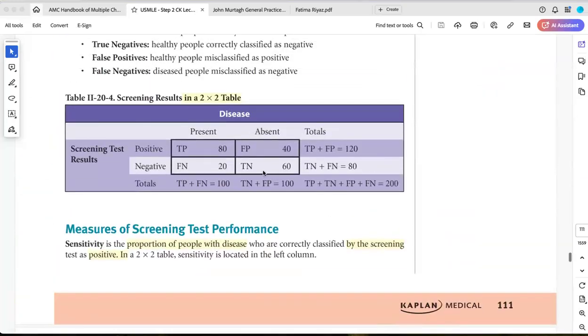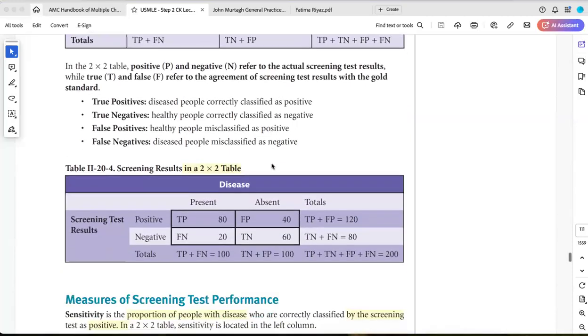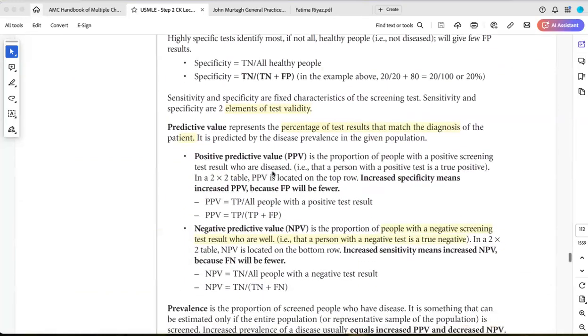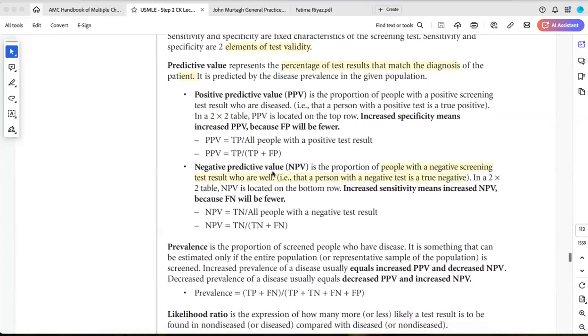Again, specificity equals true negative divided by true negative plus false positive. So this column identifies the specificity of a condition or of a test. So specificity means that out of all the healthy people, how many people the test was able to say that, yes, you are healthy. So that's specificity. Okay? So that's how we find out the sensitivity and specificity of a test. Now, these two, sensitivity and specificity, determine the test validity sometimes.